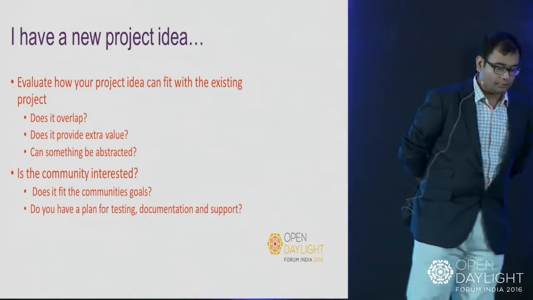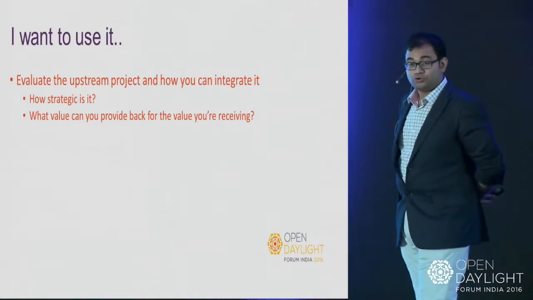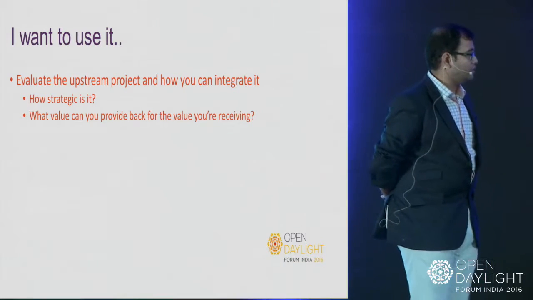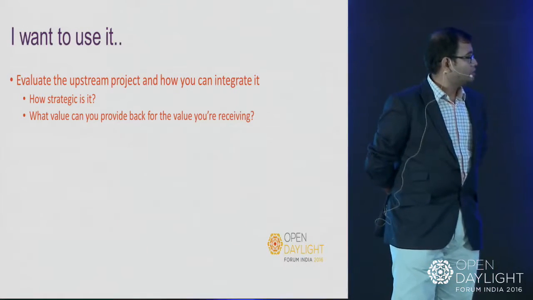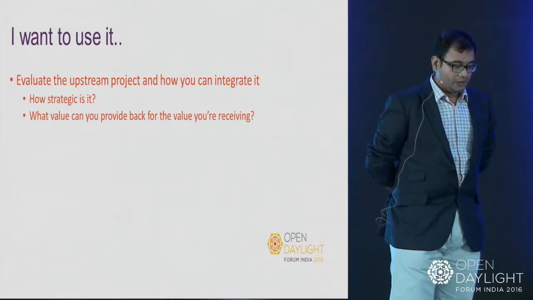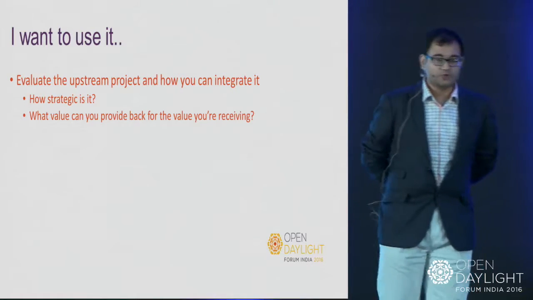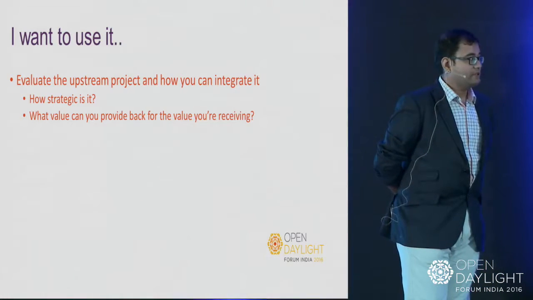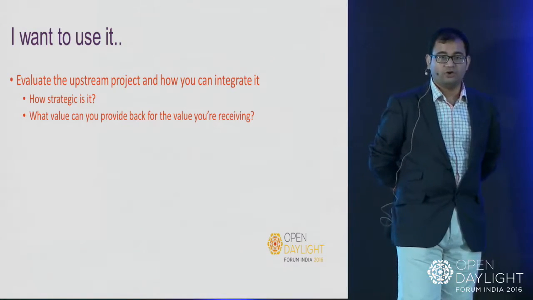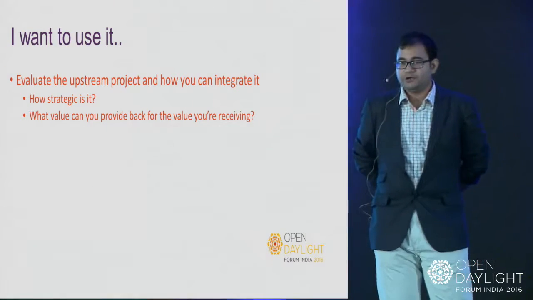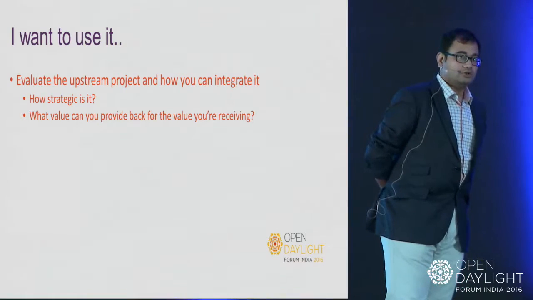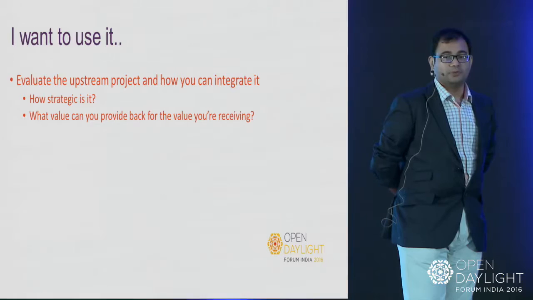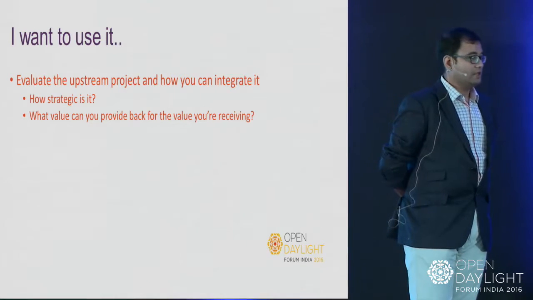Now, more often than not, we have companies and corporates that say, I want to use OpenDaylight, I want to use this project. So how would they evaluate? What we could do is first see what problems the upstream projects are satisfying, and what is that delta that you want. If the upstream project is satisfying all of your required criteria, use it more like a library, so that at every release you can just consume the upstream code more as a jar and go ahead and continue.